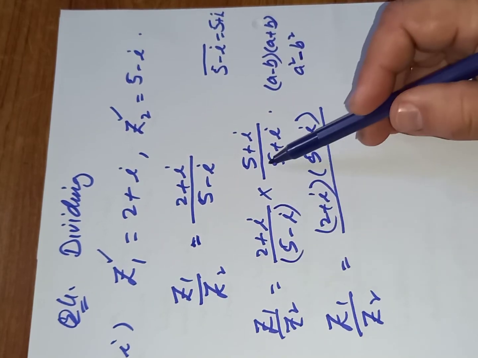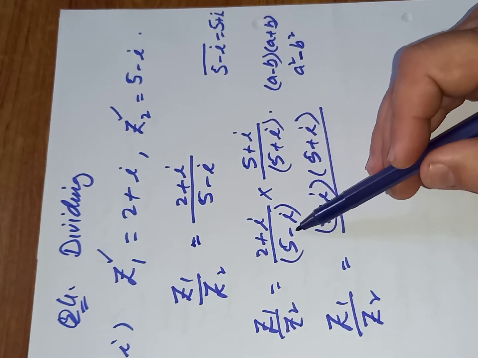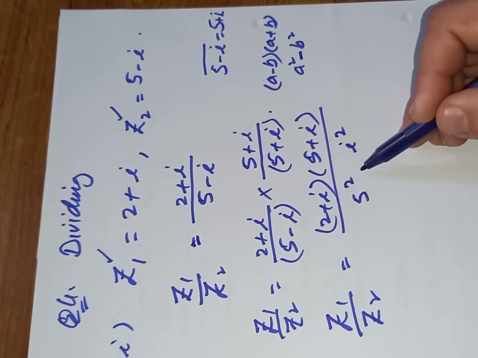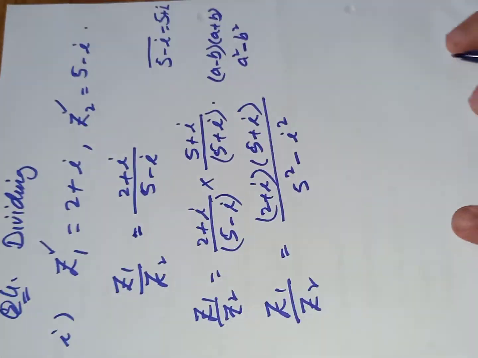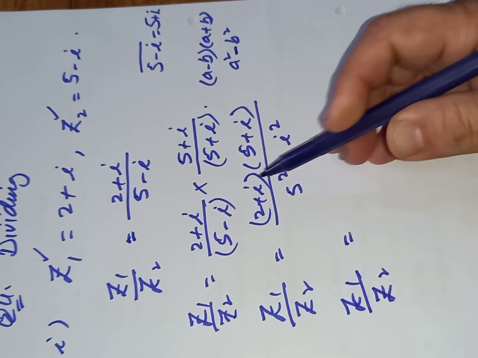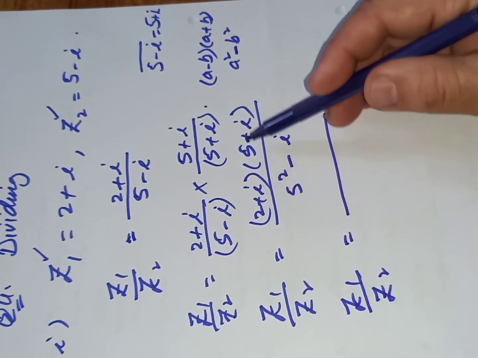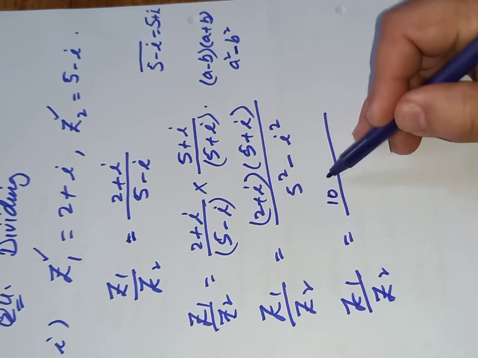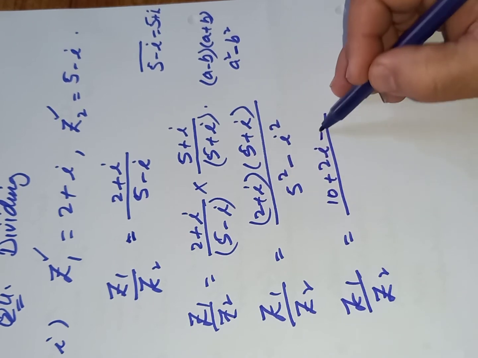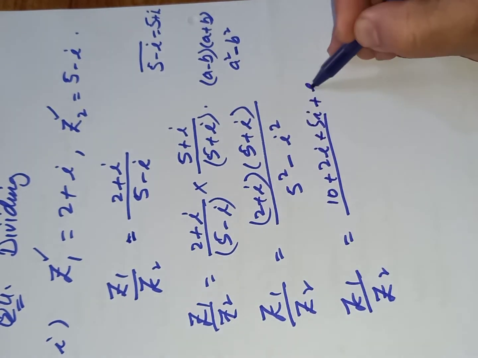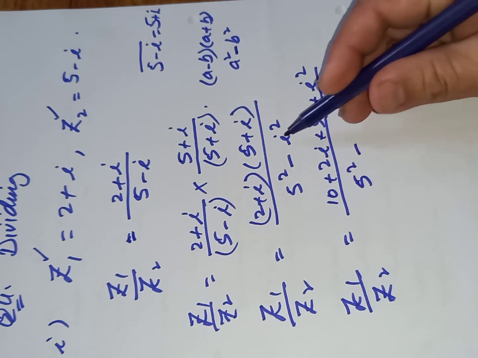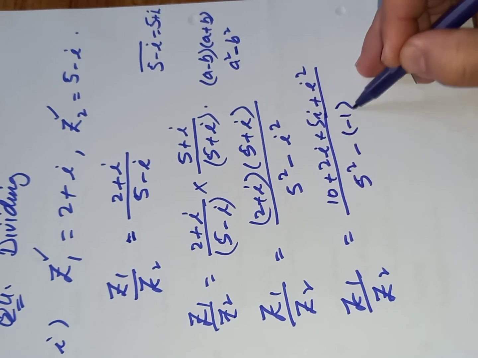Same is the case here. The same things are there, one time with negative, one time with positive. So when they multiply we will get both squares with a negative sign in between. So what will happen? So z1 by z2, these are the two expressions when we are dividing. We get 2 multiplied with the rest of the 2, so 5 2s are 10 plus 2 iota, and iota 2 gradually multiplies with the second bracket, and it becomes 5 iota plus iota square, divided by, and I have already instructed you that iota square equals minus 1.